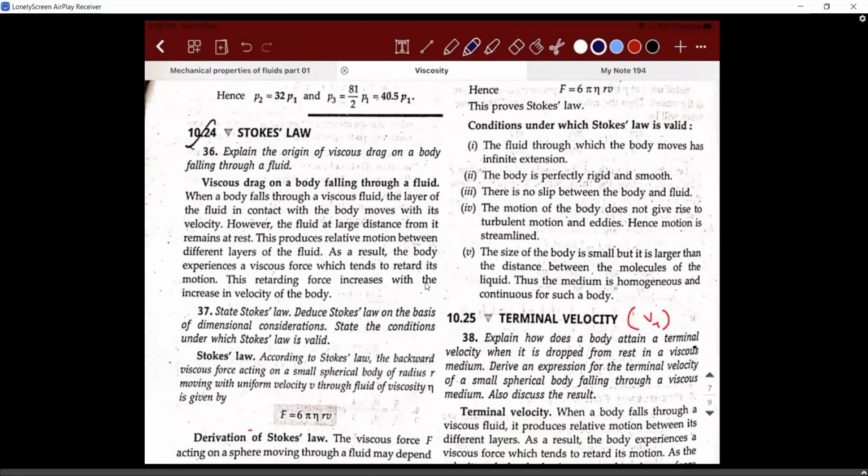What is going to happen? If I take this bottle, where liquid is there, and drop an iron ball into it, what is going to happen? It will slowly start moving down. Why is it moving down in the first place? Because of its own weight. Weight is pulling it down. But will the liquid welcome it? Will it say, you come? No. It will try to push it away, because liquid has the property of exhibiting buoyancy. So it will give an upthrust and try to push it upwards. But will the solid be able to succeed?